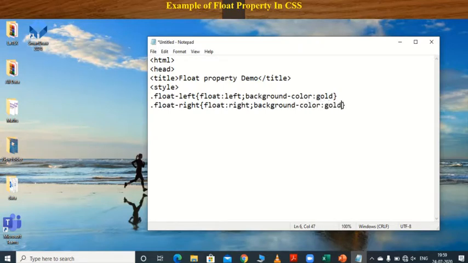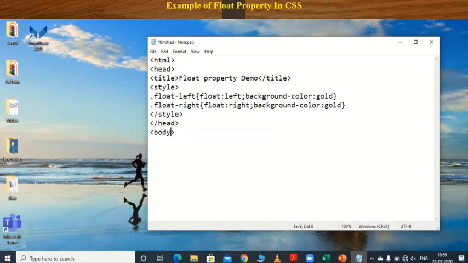We have to set two float properties here, left and right, and we have to set the background color as gold. Then close your style tag, then close your head tag, then open your body tag.